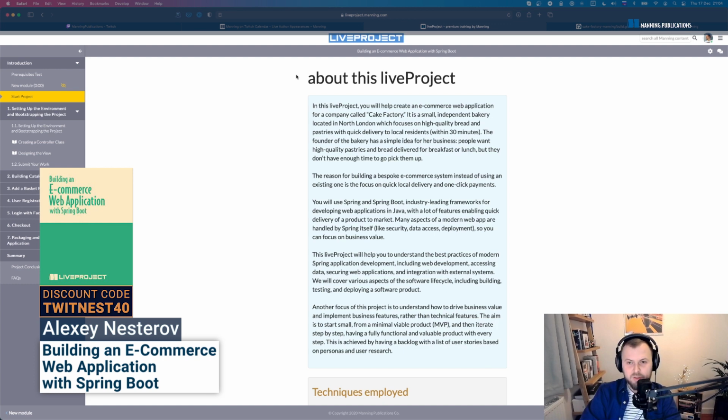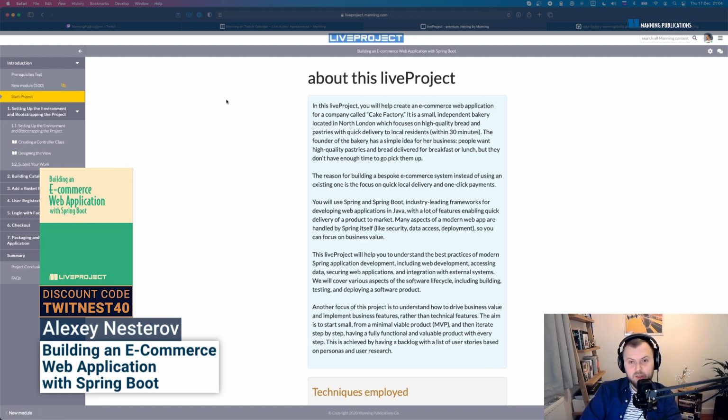A live project is quite a fancy idea. It is an attempt for people learning a technology or a certain skill to let them work on an almost real software project, and build an application, or maybe a small piece of an application, following a recommended set of steps. And that's basically how it works.